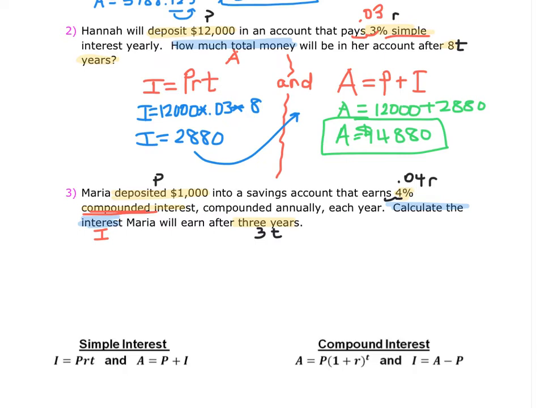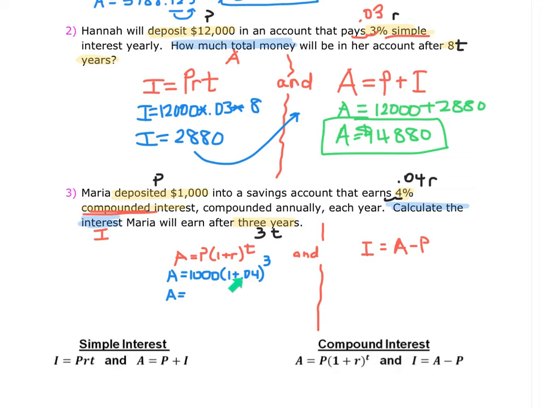Now I have to decide which formulas I am using. I'm looking at my compound side. Am I finding the account balance, so just the A, or do I need to find the I? That question's asking for the I, so that means I have to do both of these formulas. When I substitute my numbers into this formula first, I end up with 1,000 times the quantity of 1 plus 0.04 to the power of 3. You can either type that whole thing in or on the regular calculator do as I will show you next. All right, so I got my answer,